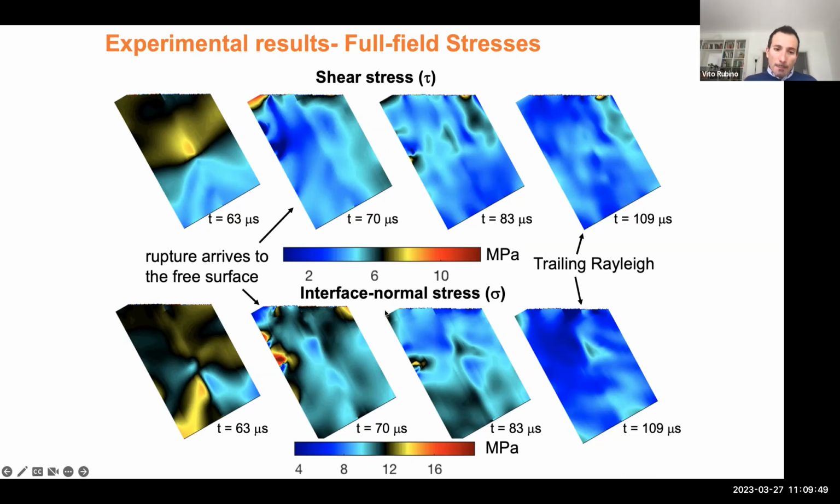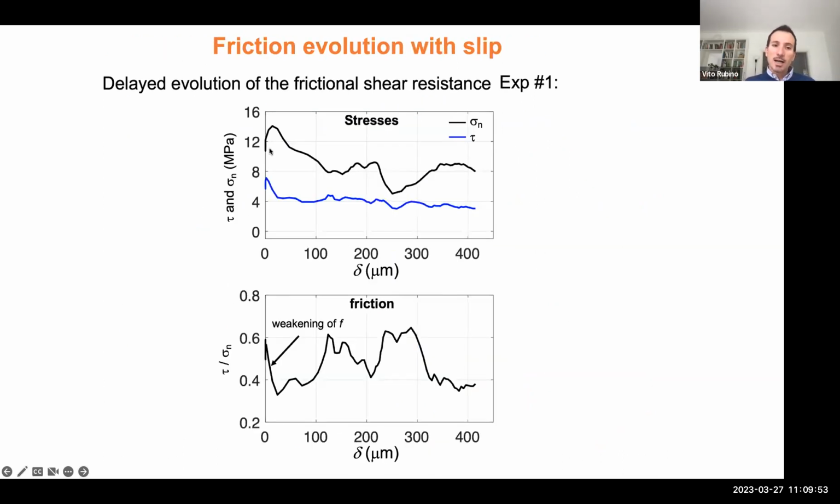So if we now take a location very close to the free surface, and we track the evolution of shear stress versus slip, what we see is the classic evolution of the shear stress, but with important features. For a rupture propagating in the bulk, as those that we saw earlier, we'd see a constant level. So these reductions produce important variations in the friction